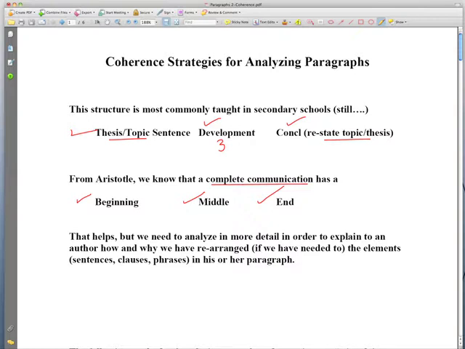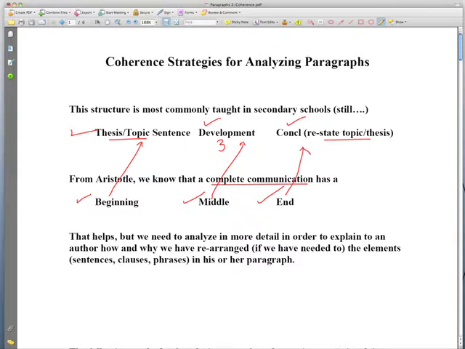Here's one that we'll use as a generic model, and he changed Aristotle's notion of the beginning and actually came up with the idea of the topic sentence or the thesis, the development, and the notion that there was a conclusion of some kind. But Bain was using his ideal or model paragraph to talk about a complete communication. He wasn't talking about paragraphs, he was talking about essays. And that mistake, which readers made and then put into textbooks, was to suggest that Bain's model paragraph was actually a model for paragraphs, not a model for essays.